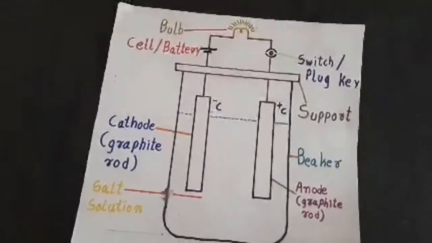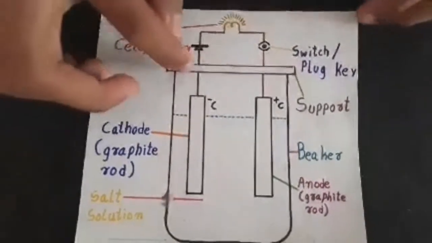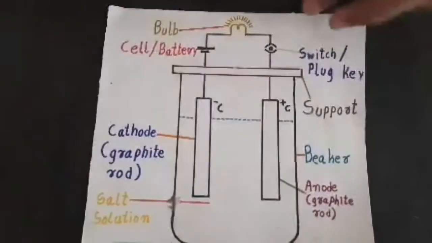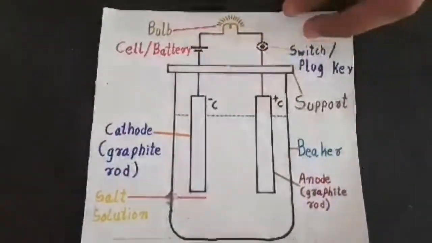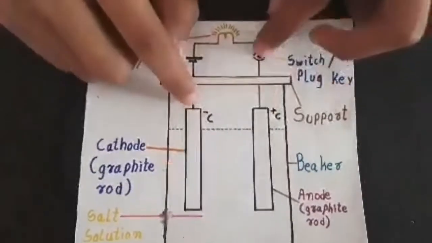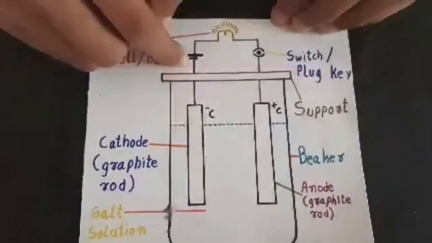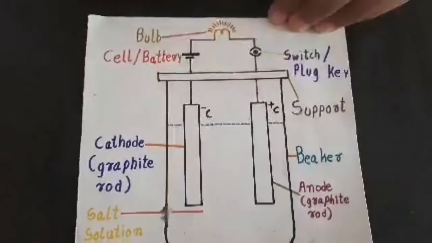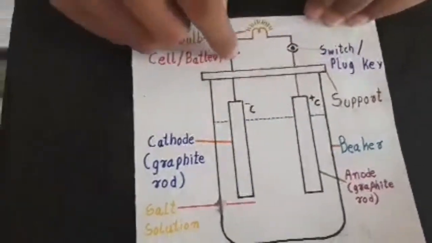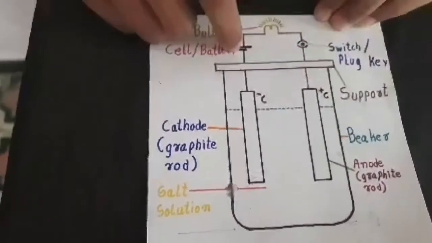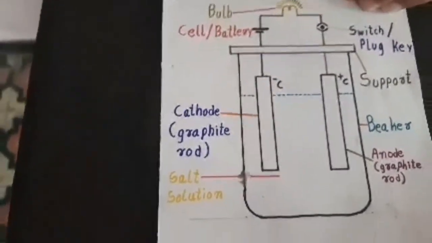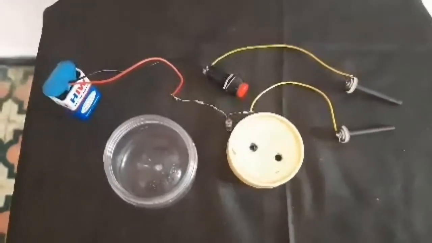My topic for the project is demonstration of experiments in basic science, and in that I am going to demonstrate the experiments in electrolysis. First, we will see what is meant by electrolysis. If we immerse two naked wires in a solution of ionic compound and water, and then we connect the two naked wires to the two terminals of a battery, and then we keep a switch and a bulb, and then we close the switch, then the current flows through the solution, and this is known as electrolysis. So the aim of my project is to study electrolysis.